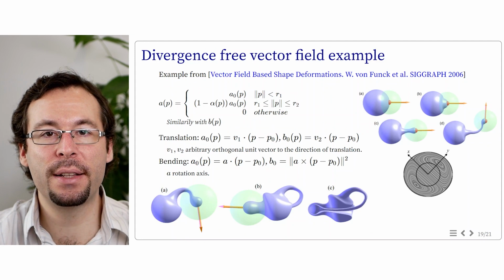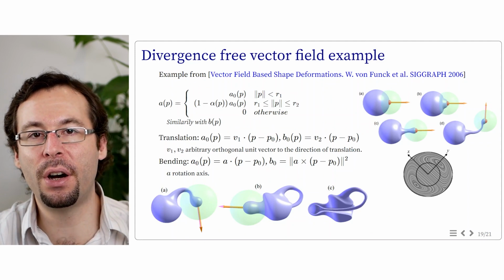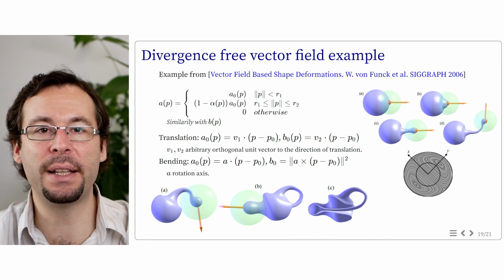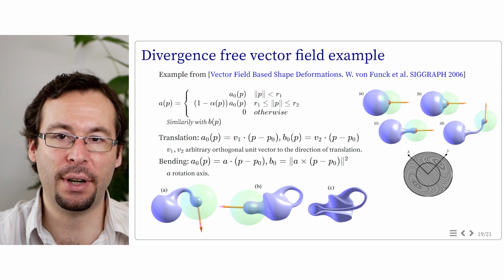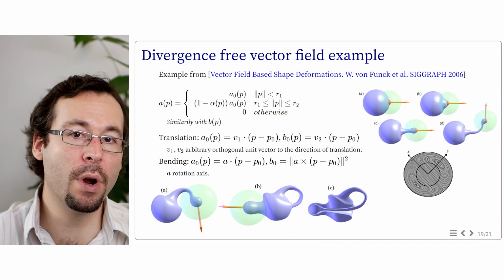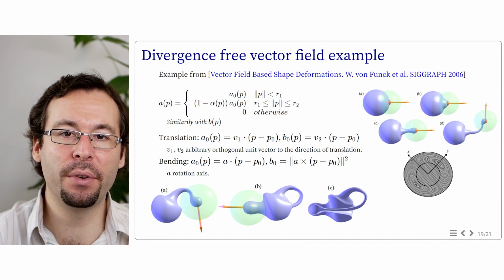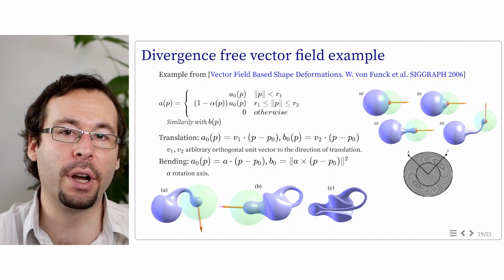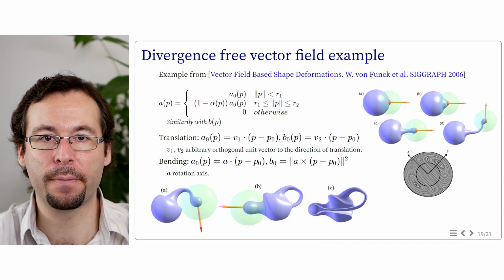This type of approach was first proposed in 2006 to generate interactive deformations of local pulling and bending along user gestures that are volume preserving at every point and are free of self-intersection. Note that these tools are still new on the research side and they are not yet well integrated into the standard 3D modelers. And in this example, the fields A and B are localized by considering they act in a radius r and then smoothly decrease towards 0 around it.